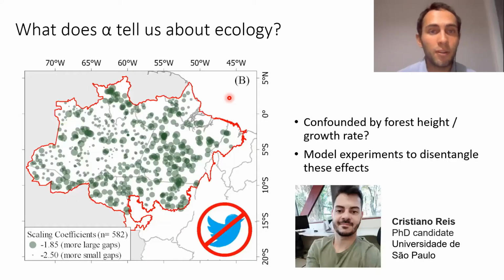So this slide shows some work that I've been doing with Cristiano. And what he's done is taken some amazing LiDAR data, which has been collected over the whole of the Brazilian Amazon, and extracted the gaps, and then calculated the fitted power law, and calculated the alpha value. And so these points show those alpha values. So over here, we have alpha values